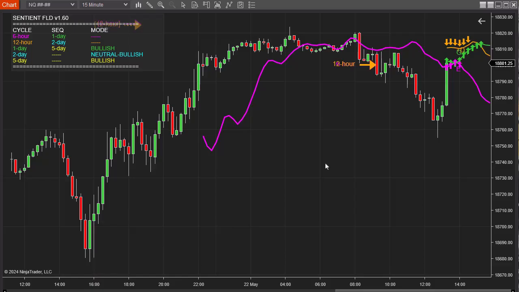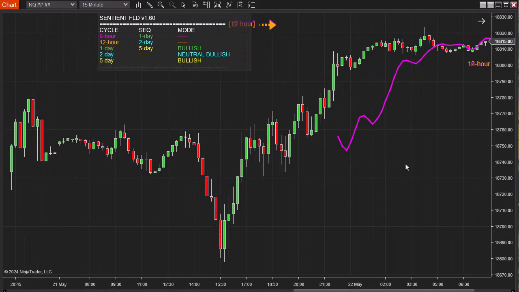We can pull in the targets from other time frames onto the chart that we are looking at so that we get a better idea of not only the position of targets of much longer cycles, but also slight variations in the position of the target because of the resolution of the data. So let's do that. We are looking at a 15-minute chart here of the NASDAQ, and here you can see,